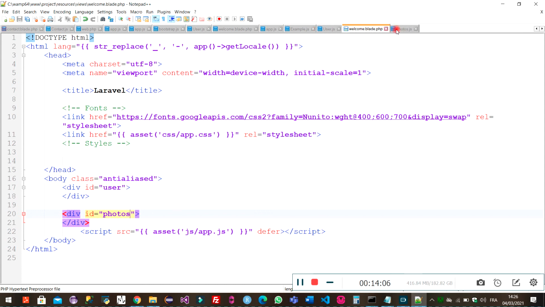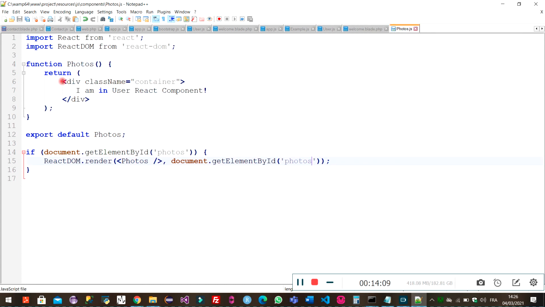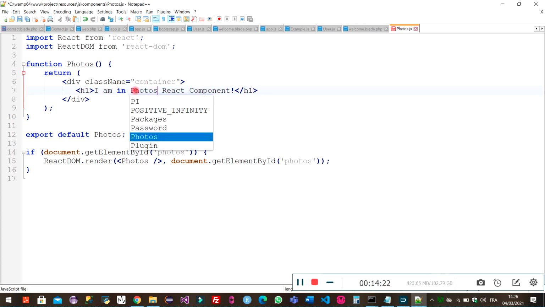I will customize my code to distinguish it from the user component, so I will put it inside an h1 tag, like this: I'm in photos React component. Clear? So if I open my application again,